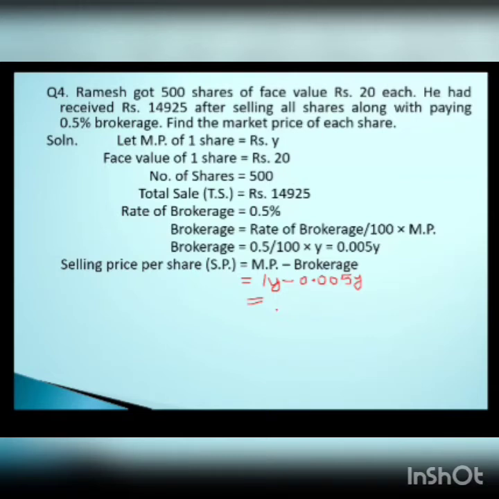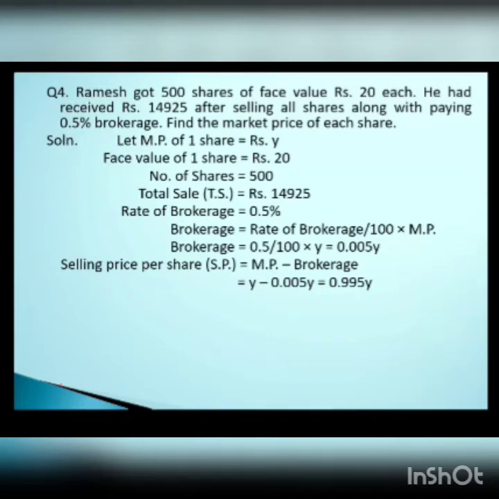So 1 minus 0.005 करेंगे तो कितना आता है? Just write down the answer in the chat box along with y. So 0.995y. When you are writing that, the answer is correct. 0.995y. Yes, so that is what you're going to get. So I just take out and let you know what exactly I got here. Yes, so it is 0.995y. That is the selling price per share we are getting. Alright.